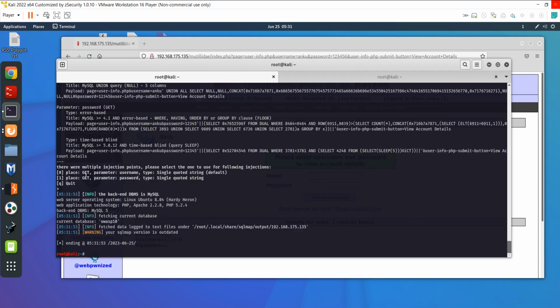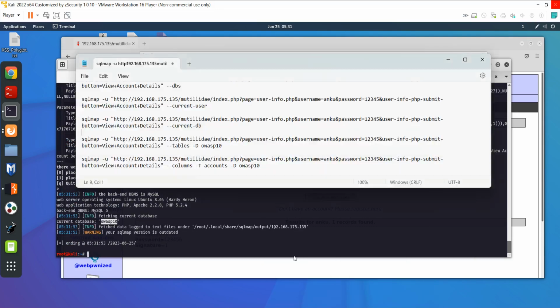If you use OWASP 10, this is the current DB. And if you want something from the